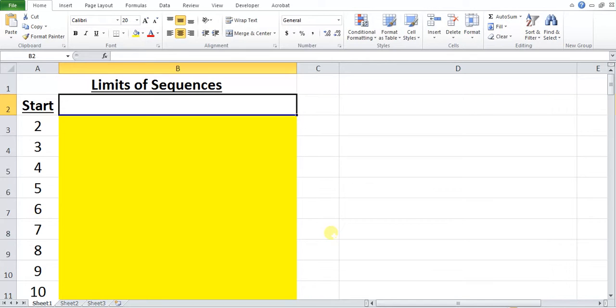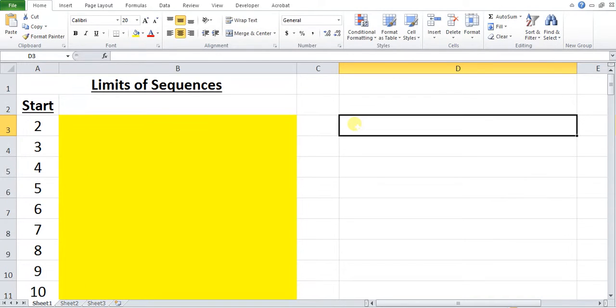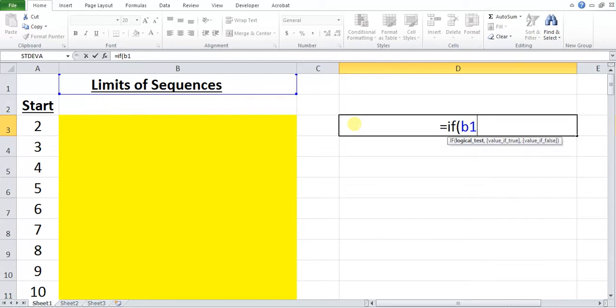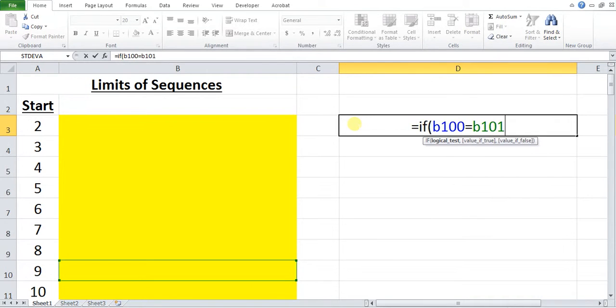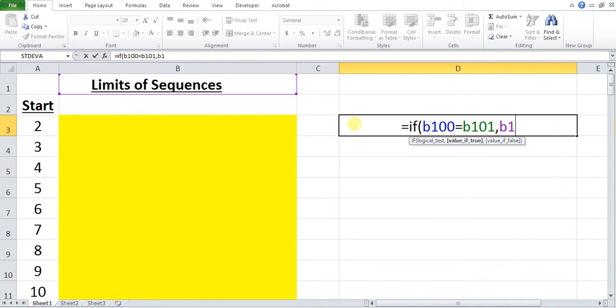So, let's move the cursor to cell D3, left click, and type in this formula exactly, including all quotation marks and brackets. So we'll type in equals IF, open bracket, B100 equals B101, comma, B101, comma, quotation marks, infinite with a capital I,